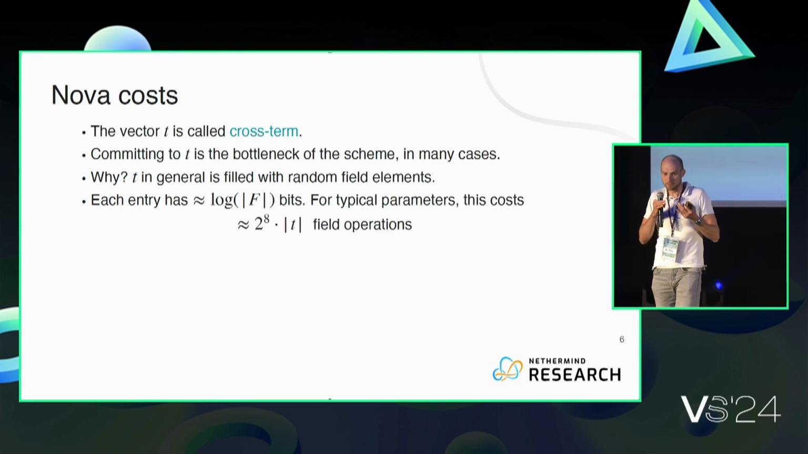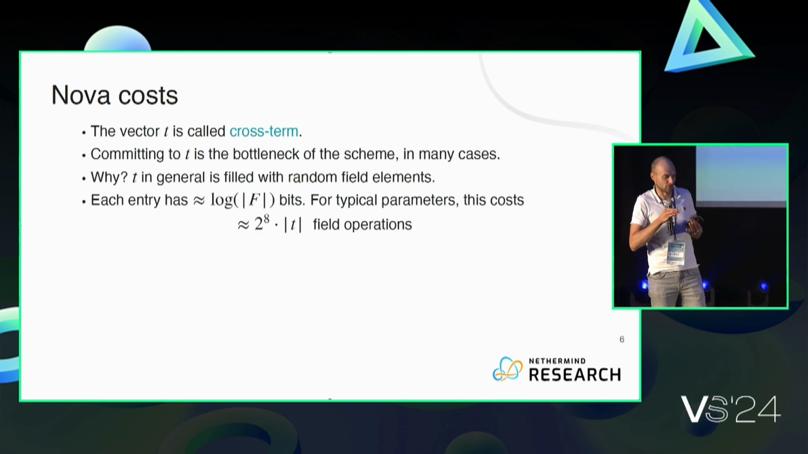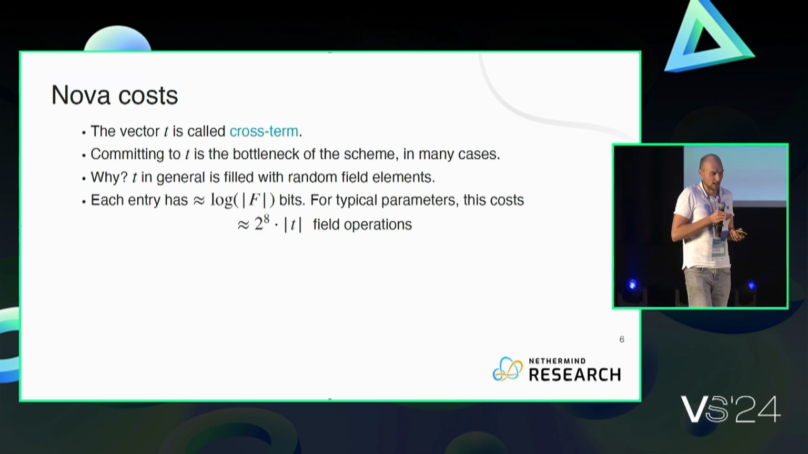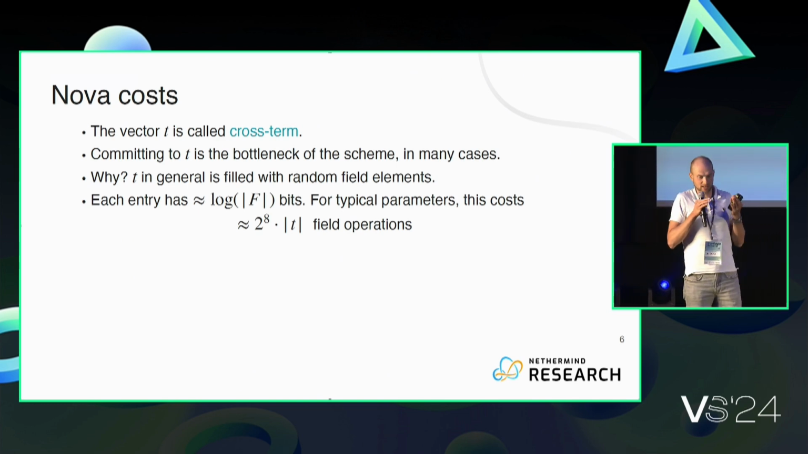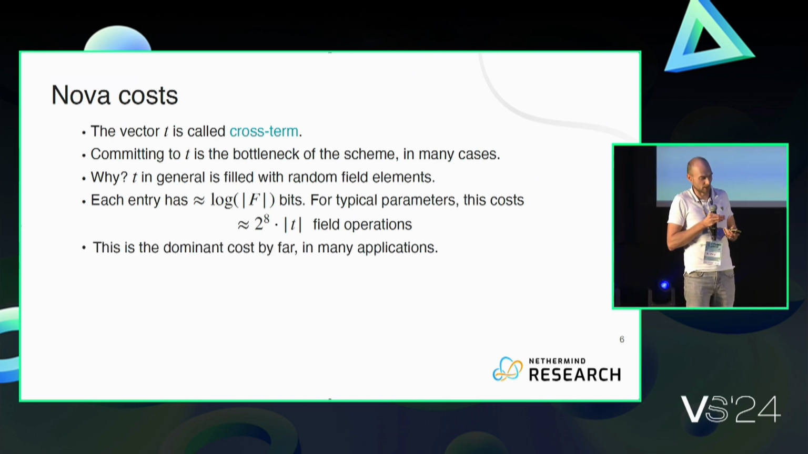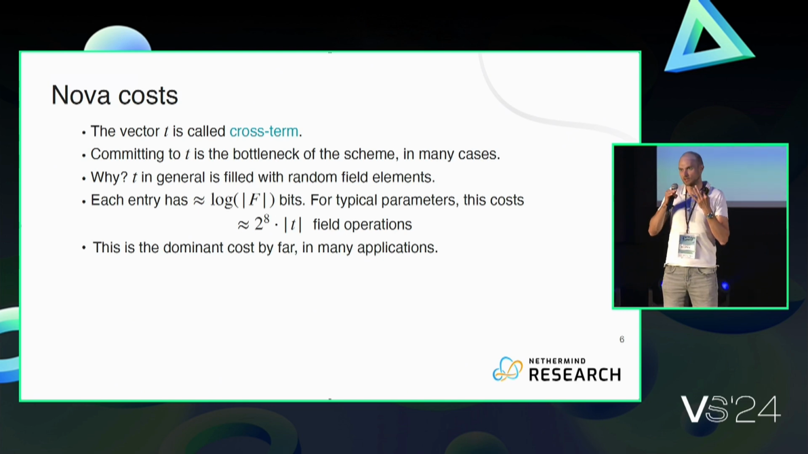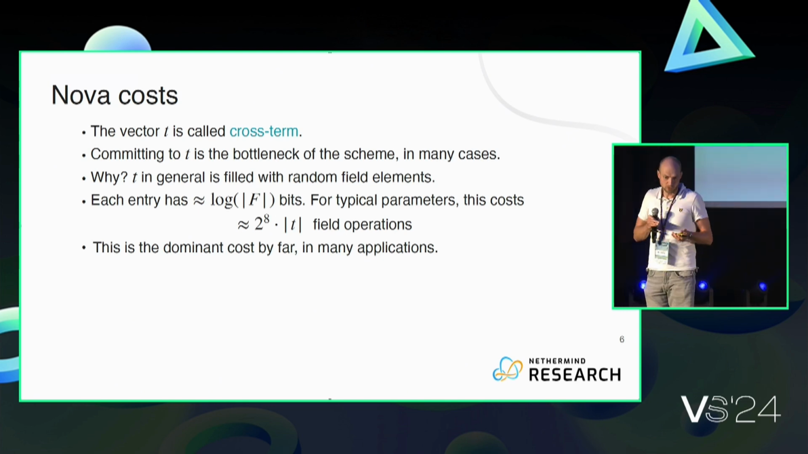And committing to such vectors is actually quite expensive. We need roughly 2^8 times T field operations, T being the size of the vector. And this is the dominant cost. So to provide some concrete